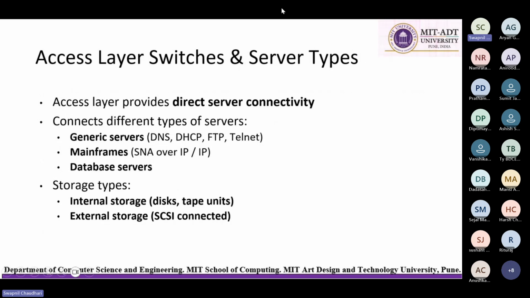Now, what are the access layer switches and server types over here? Let's understand this one. The role of the access layer switches in a data center is this: the access layer is the closest layer to the server, directly. Its main function is to provide direct connectivity to all servers in the server farm. So what does that mean? All servers are physically connected to the access switches. So it acts as an entry point for every